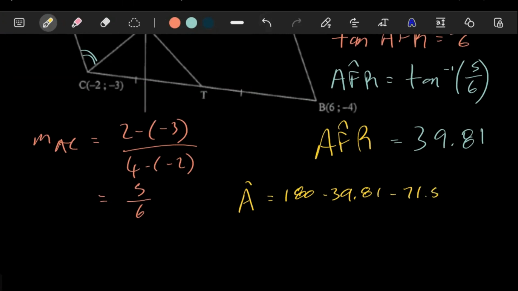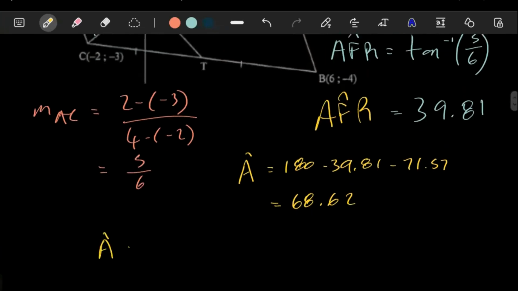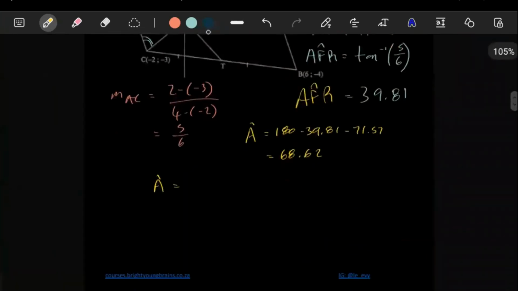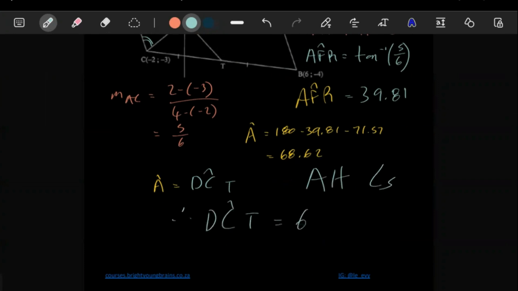So all this being done, 180 minus that value minus 71.57. That's going to give us 68.62. And then here you can say angle A is equal to the angle that they're talking about, DCT, the reason is alternating angles. Therefore, DCT is also equal to